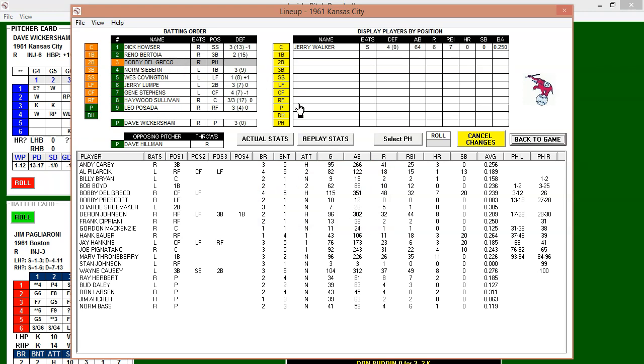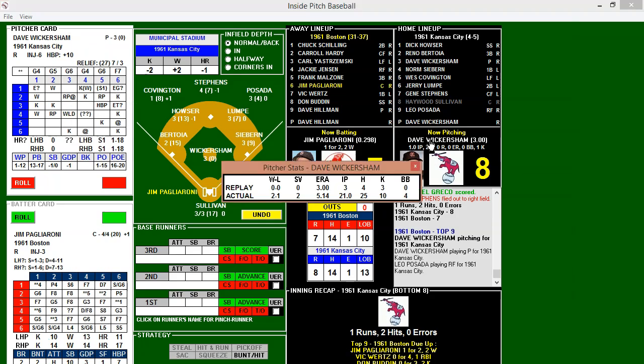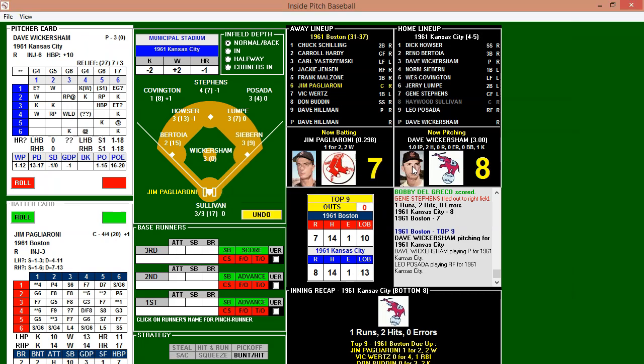All right, so we need to put a pitcher in here. Wickersham will go in here. And do we want to have Wickersham stay in? So let's look at Wickersham here. He had 2 saves, so we'll let him stay in and try to get the save. Still plenty of gas in the tank. So Wickersham will face Pagaroni, Wirtz, and Budden if anybody gets on the pitcher spot.